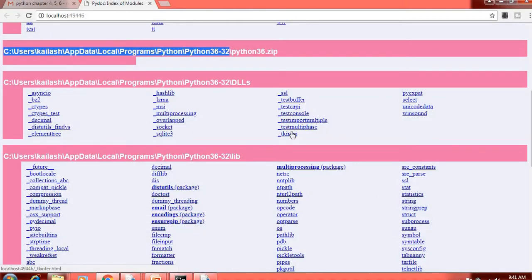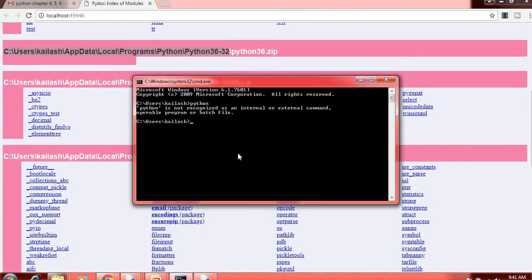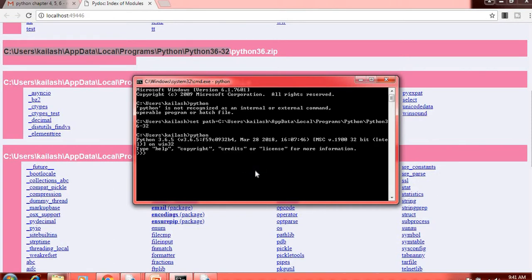I will go to the command prompt. I will use set path equals, right click and paste, and then enter, and then I will type python again, and you will see I am getting the interactive shell. That means this is the path that we have to set. This time if I write print hello, it's working fine. I will press Ctrl Z and exit,